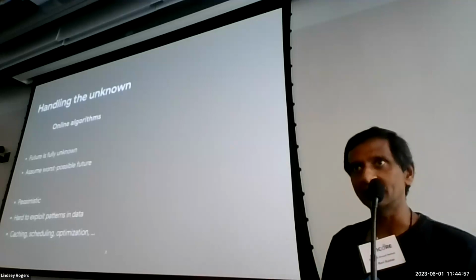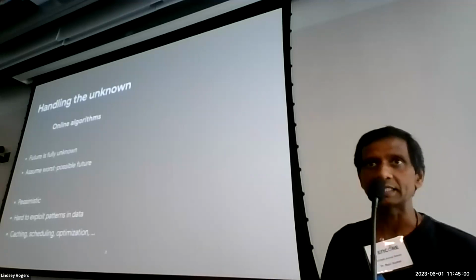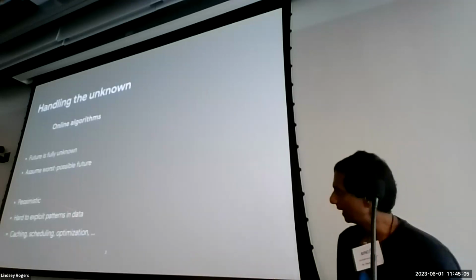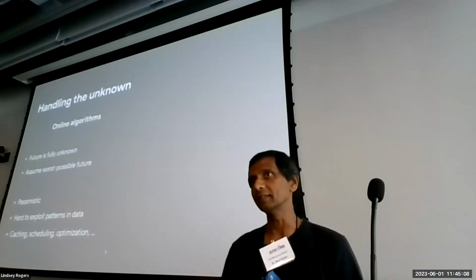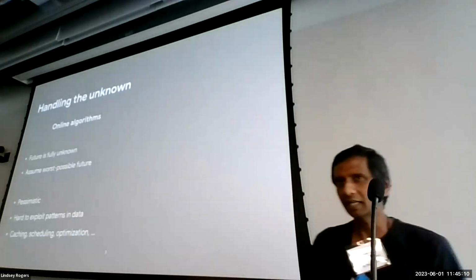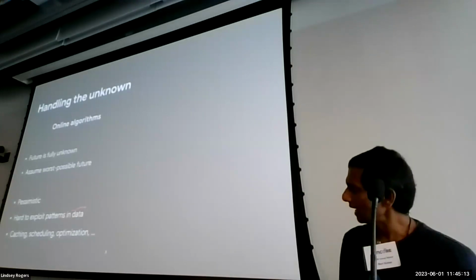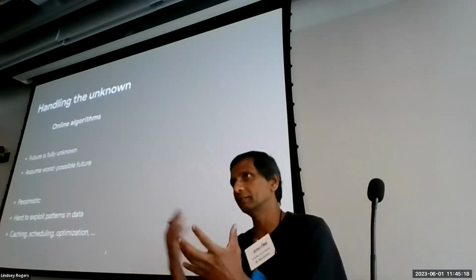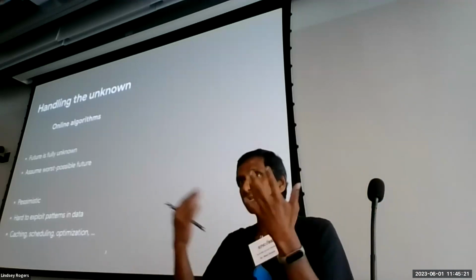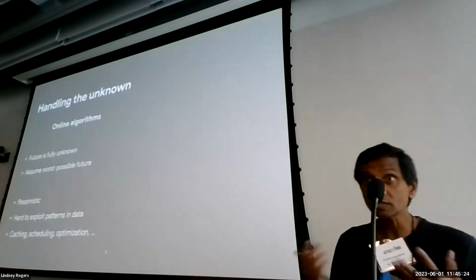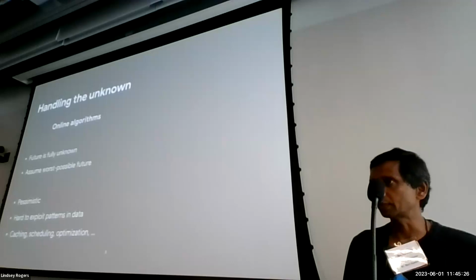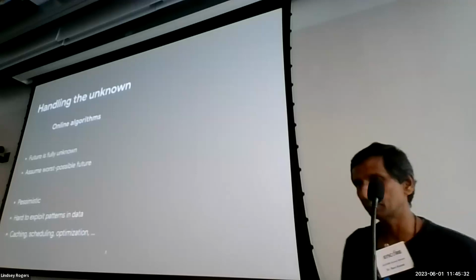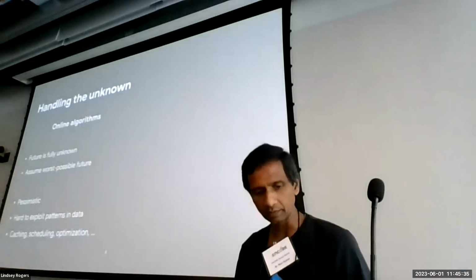Consequently, the bounds that these algorithms tend to achieve are rather pessimistic because they have to work in pretty much every possible scenario. Therefore, it's also hard to exploit patterns that occur in data because, again, they operate in the worst case. This paradigm has been studied for typical resource allocation problems like caching. Imagine pages arrive one by one, and you want to decide which ones to keep in the cache. Or scheduling: you have jobs arriving in sequential order, and you want to decide which to allocate to which machine, and other optimization problems. That's the traditional line of thinking here.